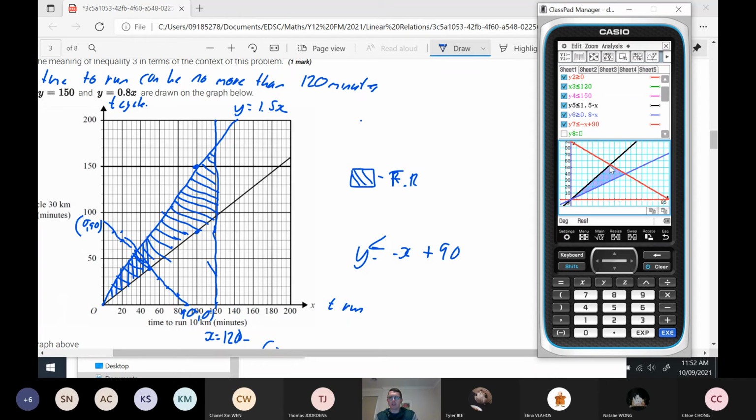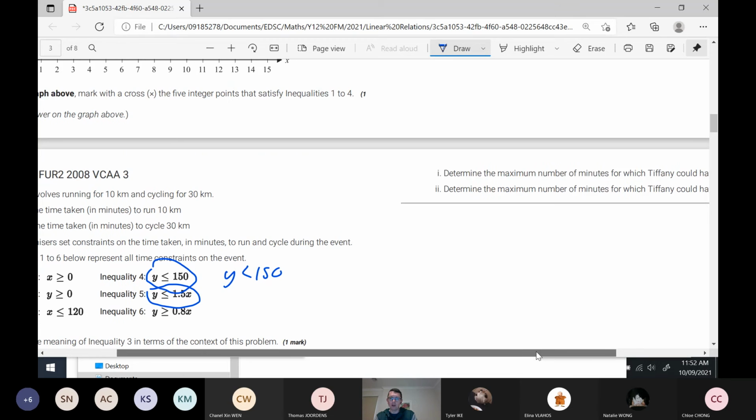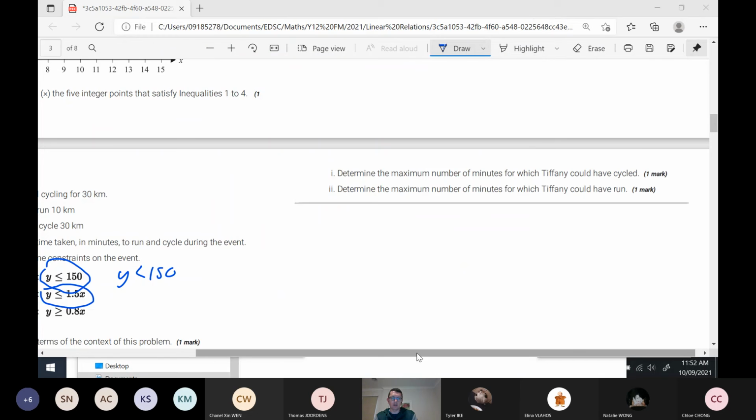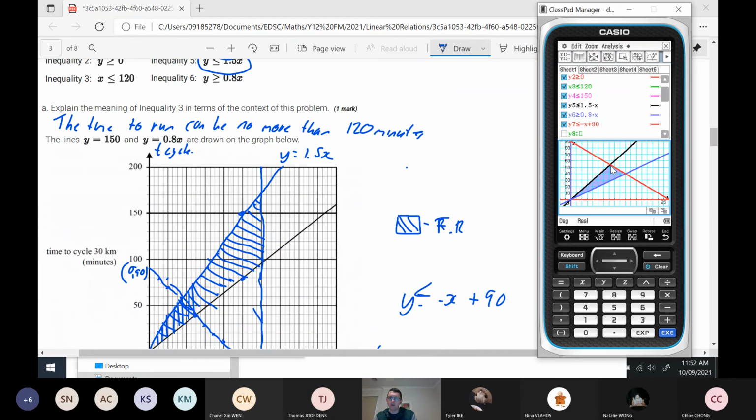So now I want to know the maximum time that she can run and the maximum time that she can cycle. I think that's what the question was asking: determine the maximum number of minutes which Tiffany could have cycled. We're looking for what the cycling is on this y-axis. That would be a maximum time there. I want to know what that intersection point is, so I'm just going to go analyze